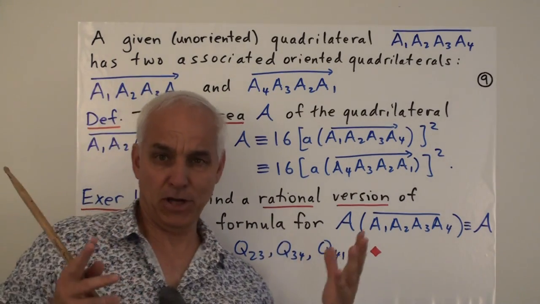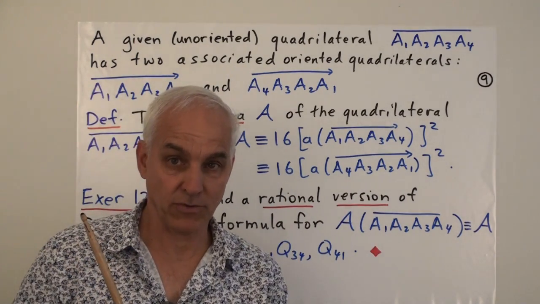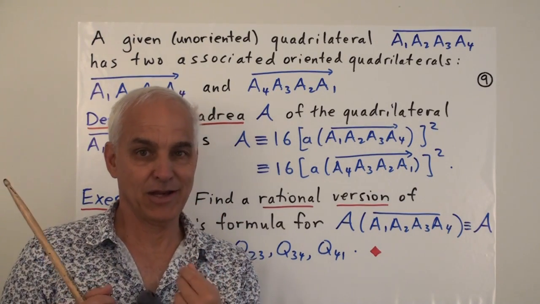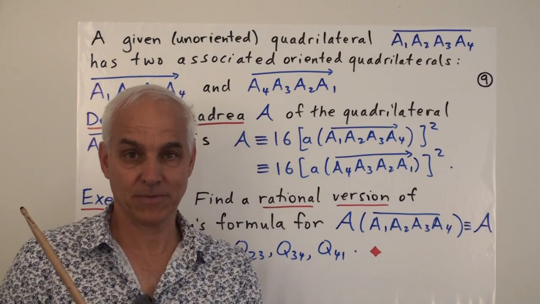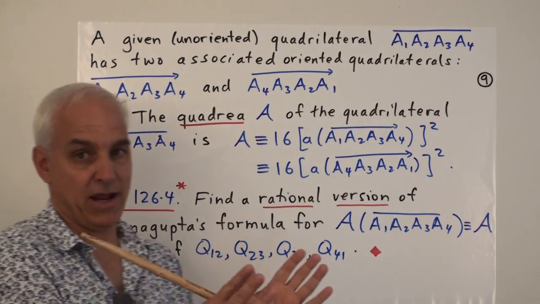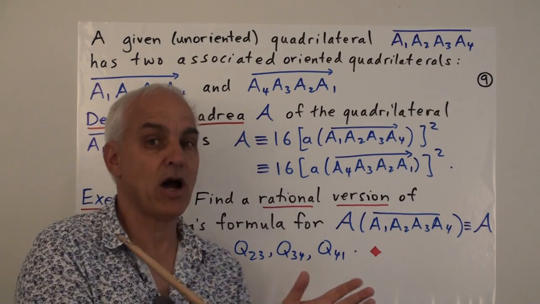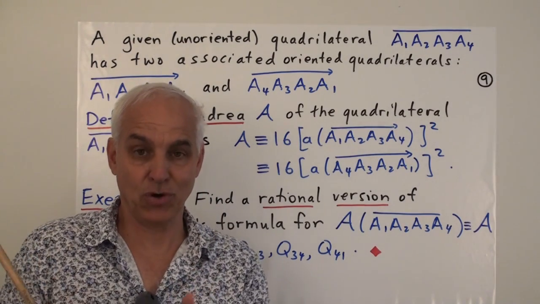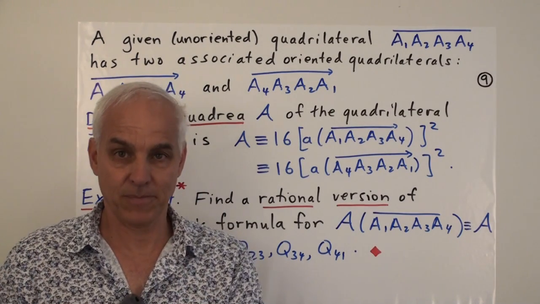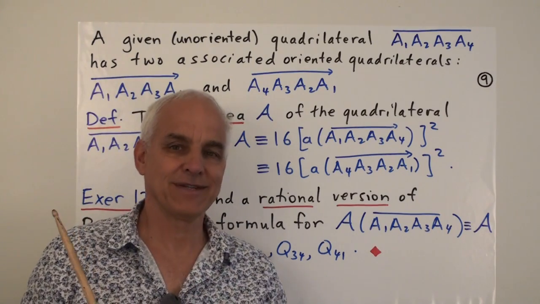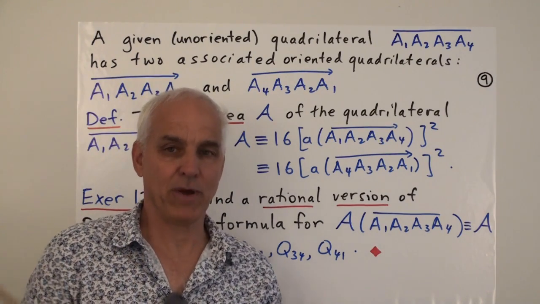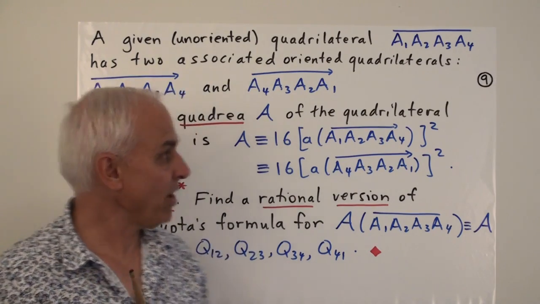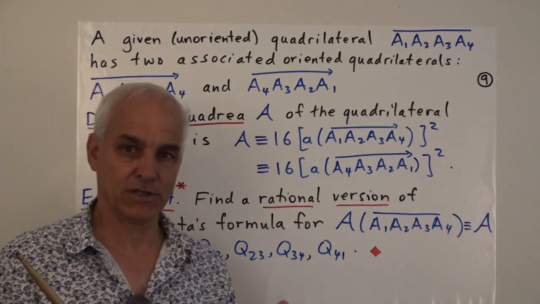So if we ask, well, what's the area of such an unoriented quadrilateral, it's a little bit problematic because we've only defined the area in terms of oriented quadrilaterals. It's because we're taking a linear algebraic or geometrical approach to areas here and not a calculus kind of approach. In calculus, you like to take absolute values to ensure that the areas that you get are positive. Unfortunately, taking absolute values takes you outside the realm of pure algebra. So we don't want to leave the realm of pure algebra because we like it. And so we want to get around this difficulty.